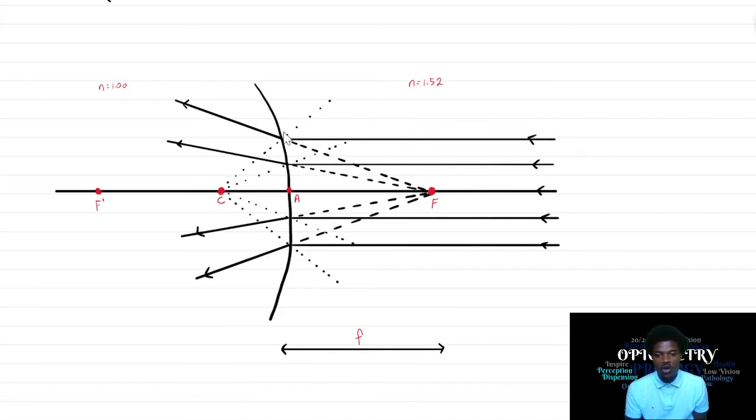However, to find our focal point, although the light rays diverge away, we're going to trace it backwards, reverse the light rays, and the point at which all of them meet is the primary focal point. Primary focal length, again, primary focal point to the apex or to the middle or to the center of the refractive surface here is our